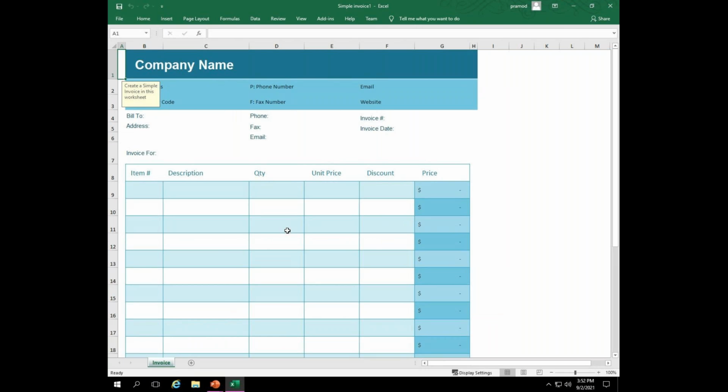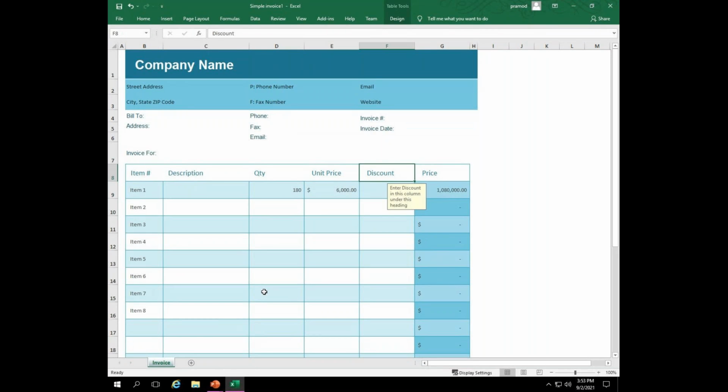So think that I have the item. It's an invoice. Consider I have item one, I have item two. Here I'll give the quantity 180. Price I will give 6,000.